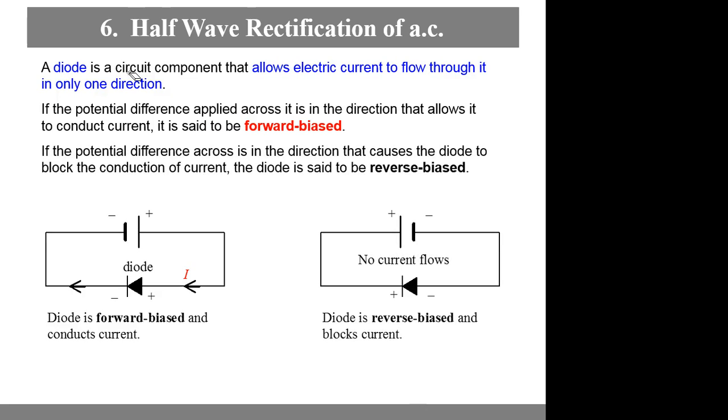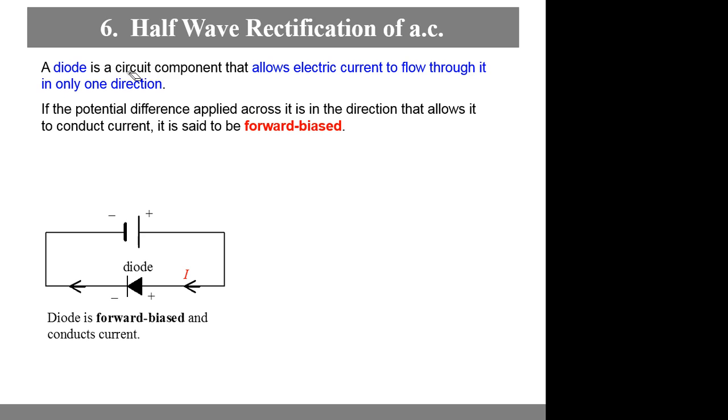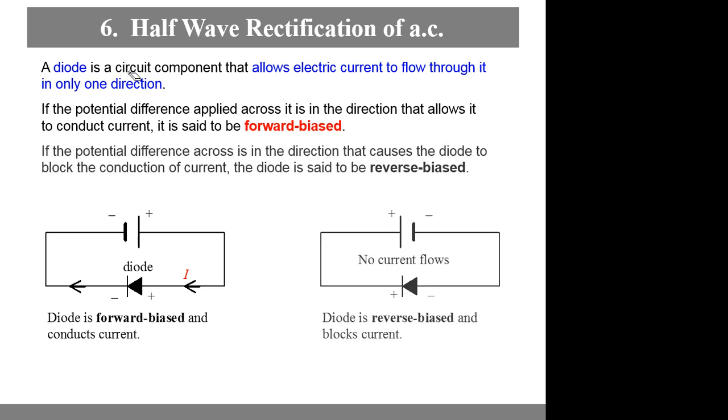Next, when you have it in the correct direction, it's called forward bias. The current will flow. When you have your battery and the diode in the opposite direction, it's called reverse bias, no current will flow. Okay? These are the simple stuff. So moving on,